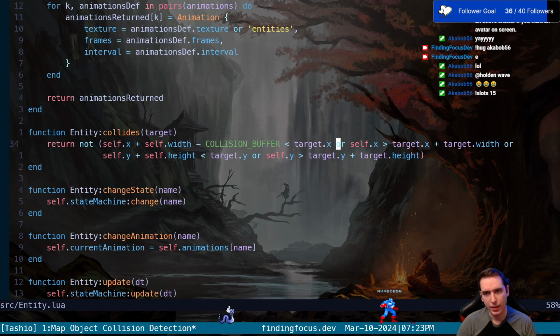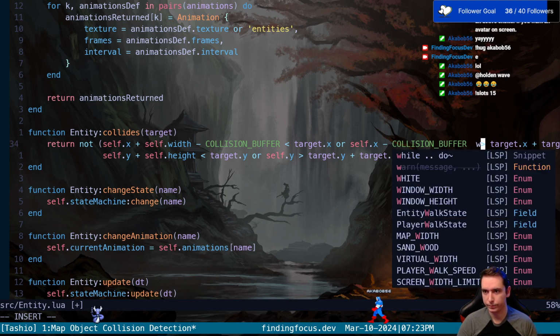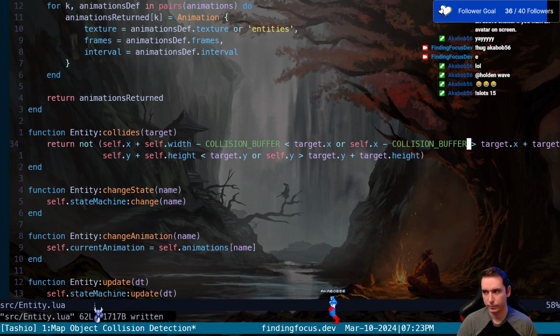Then if the left side of us is greater than the right side, we would say left side of us minus our collision buffer. Okay, then